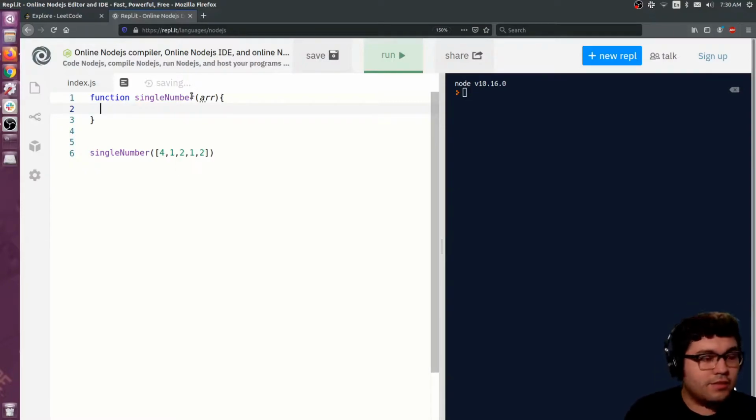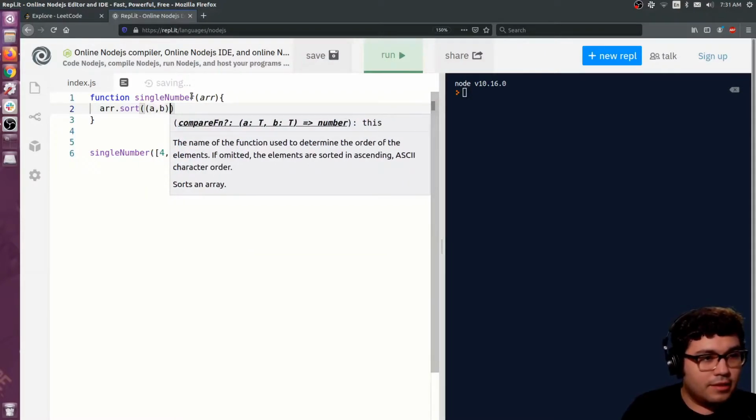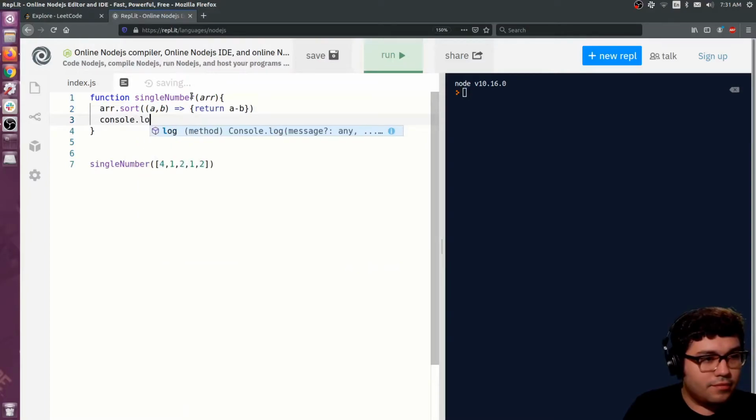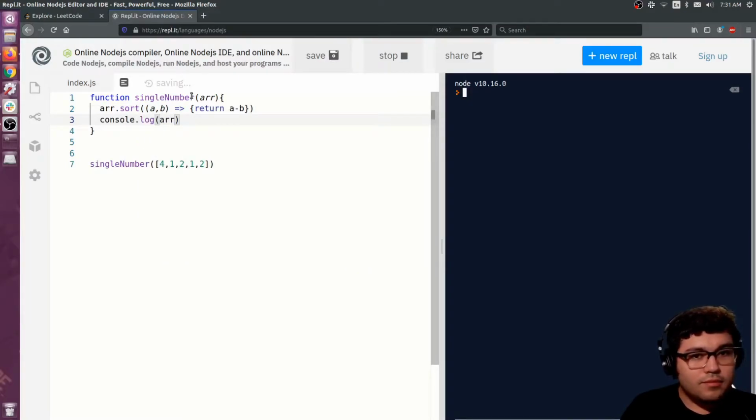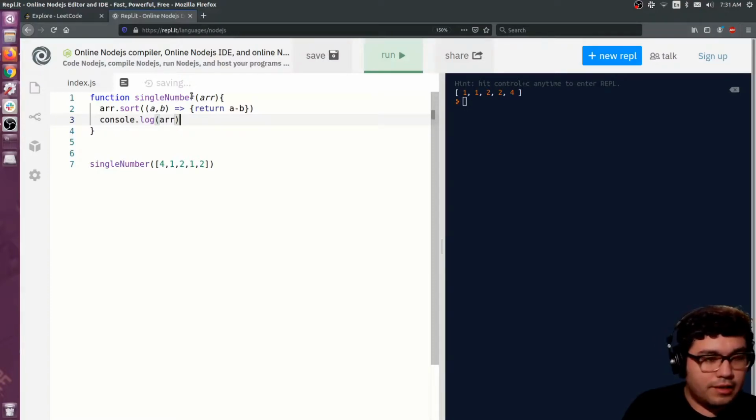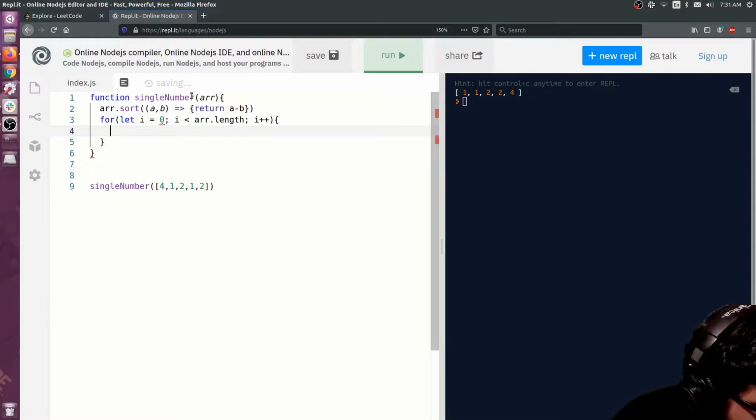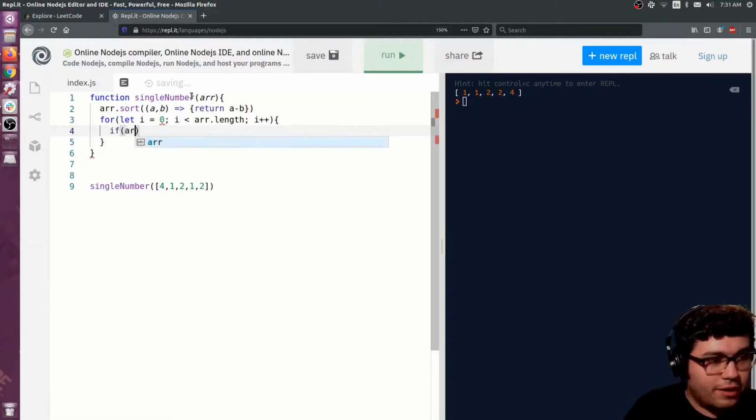Alright, so the first thing we can do is sort the array. Use ES6. Let's double check it. Alright, so now let's loop through it. Alright, so now we can do if array at index I is not equal to